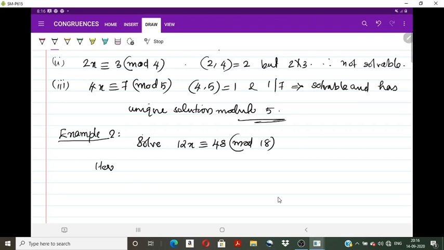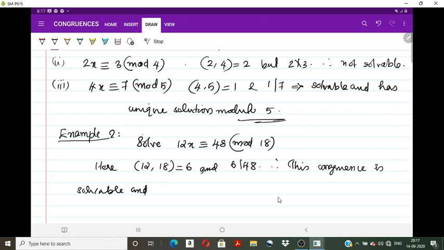Here GCD of 12, 18, the greatest common divisor, is equal to 6, and we know that 48 is 6 into 8, so 6 divides 48. Therefore this congruence is solvable and has 6 incongruent solutions